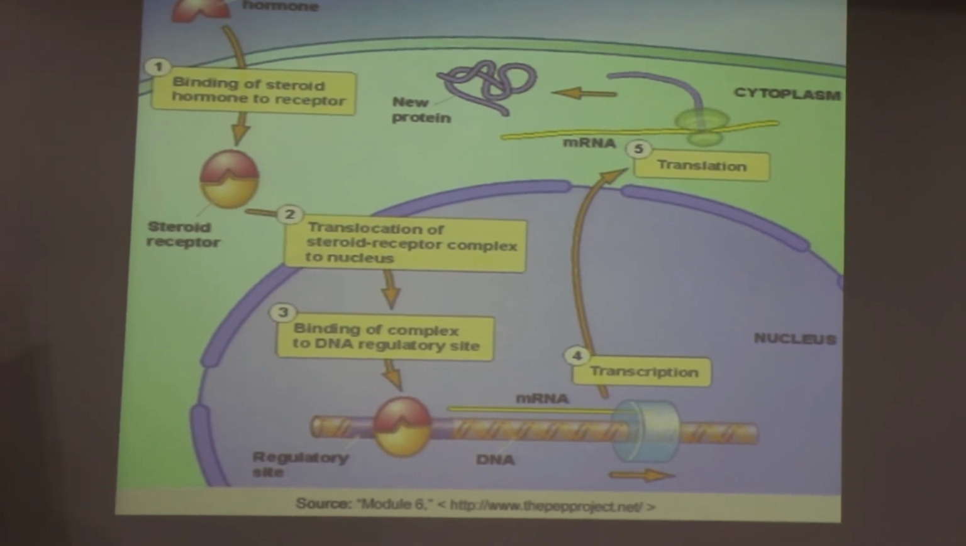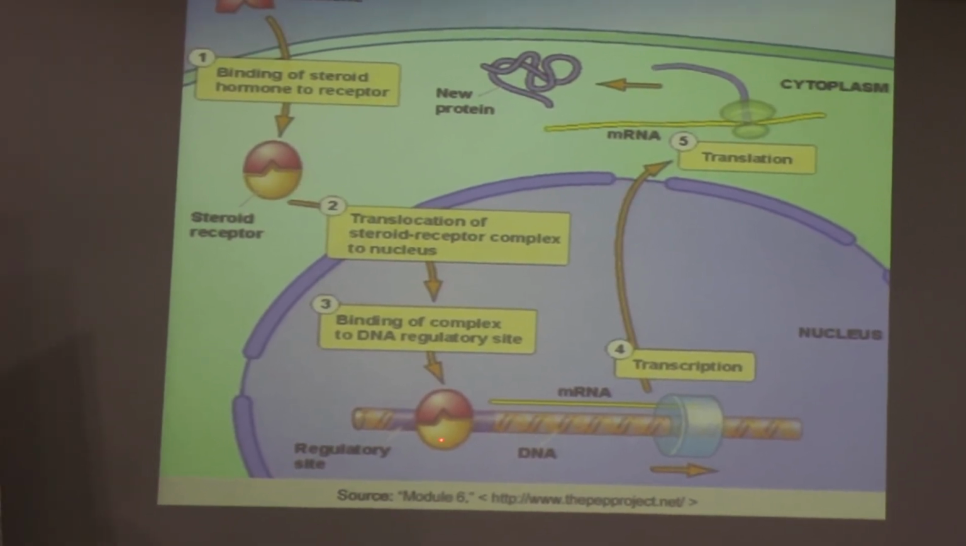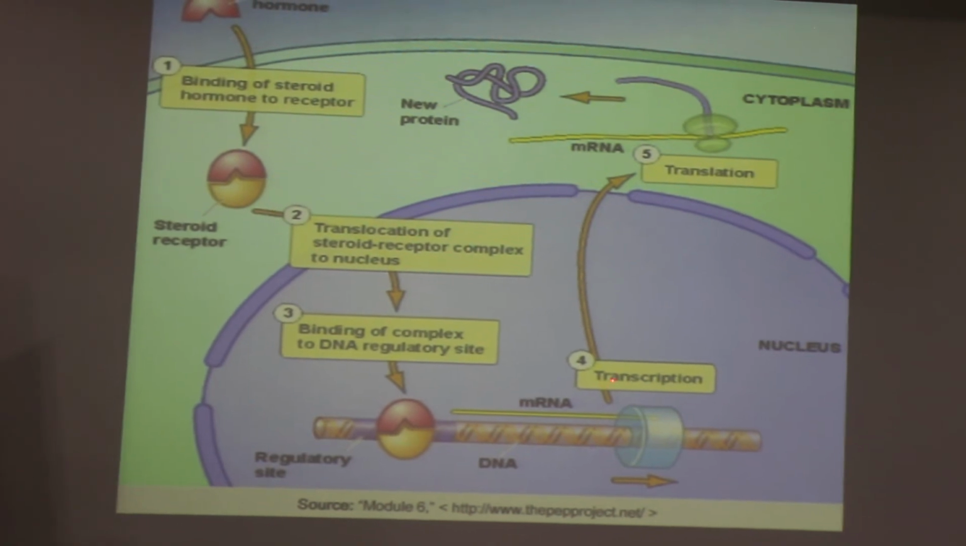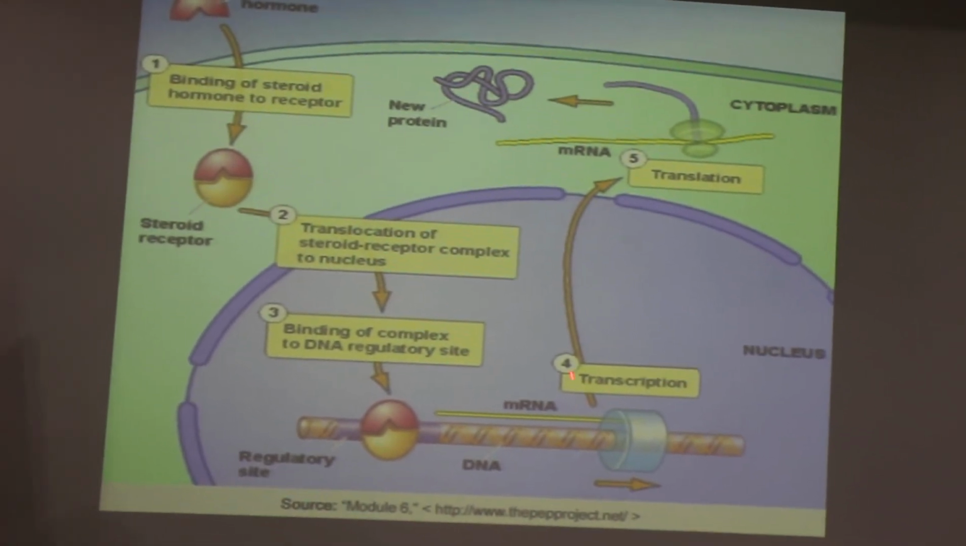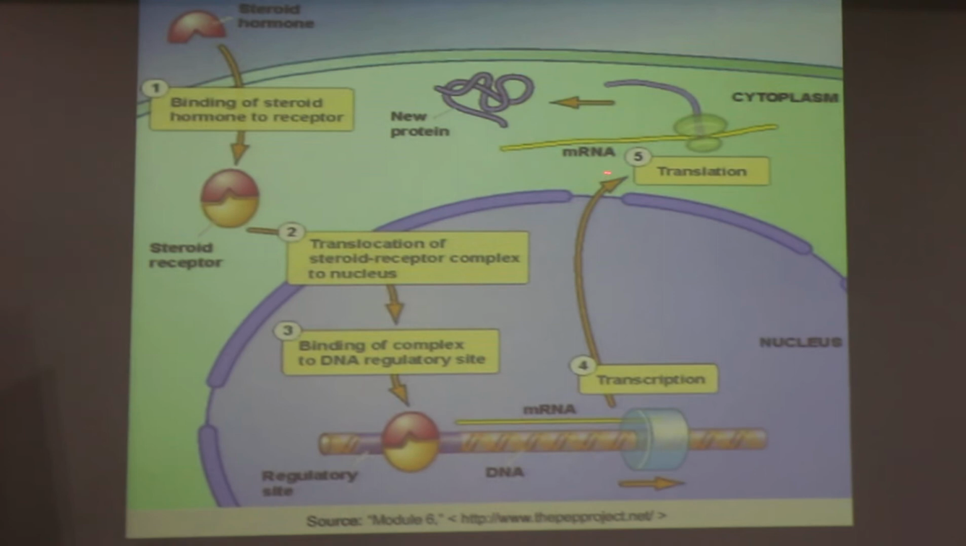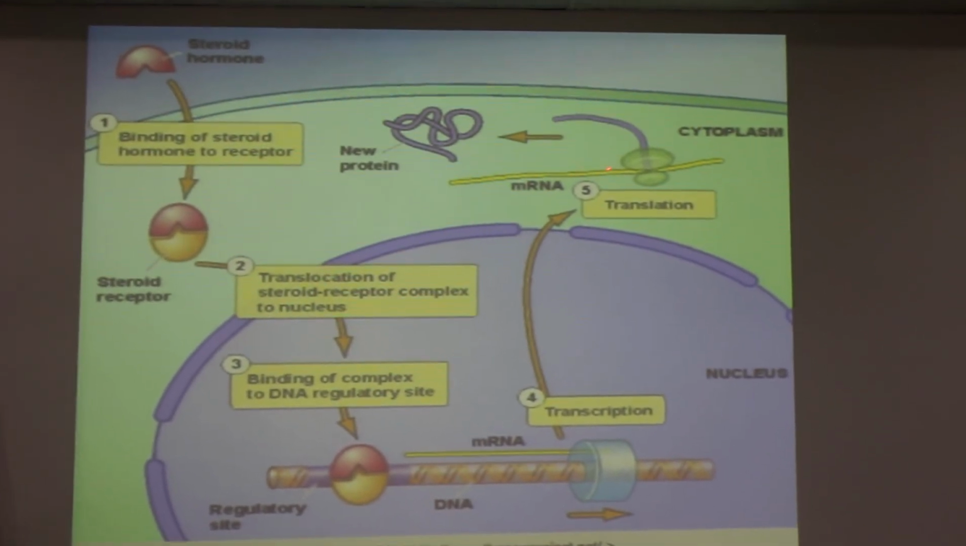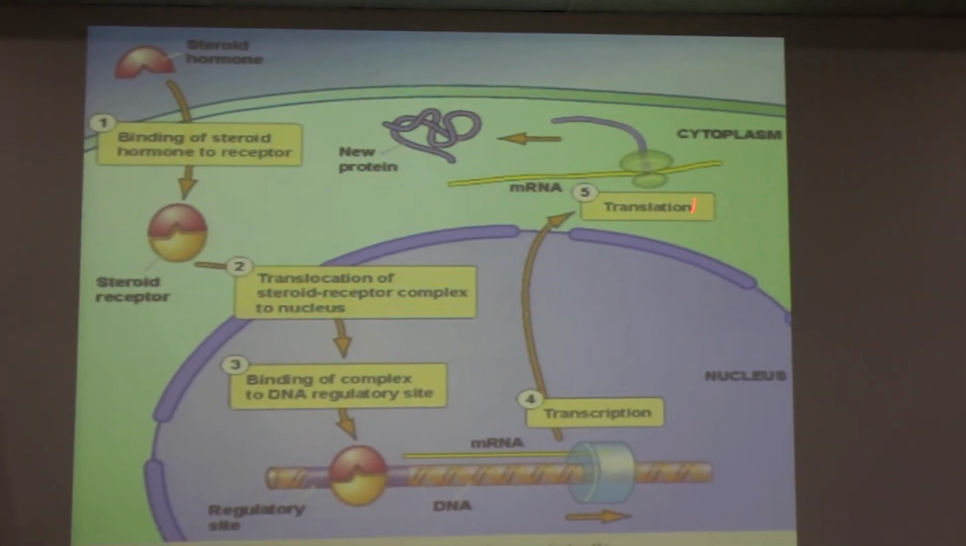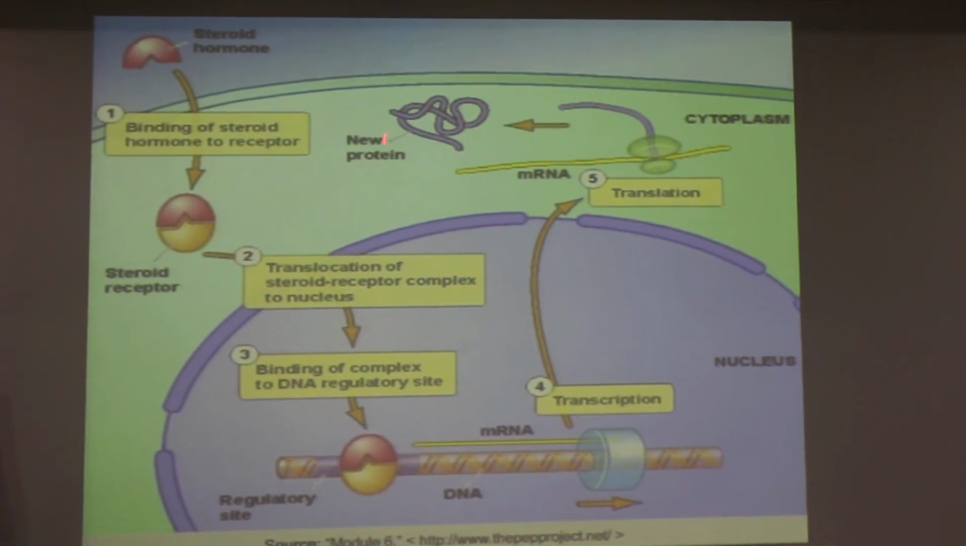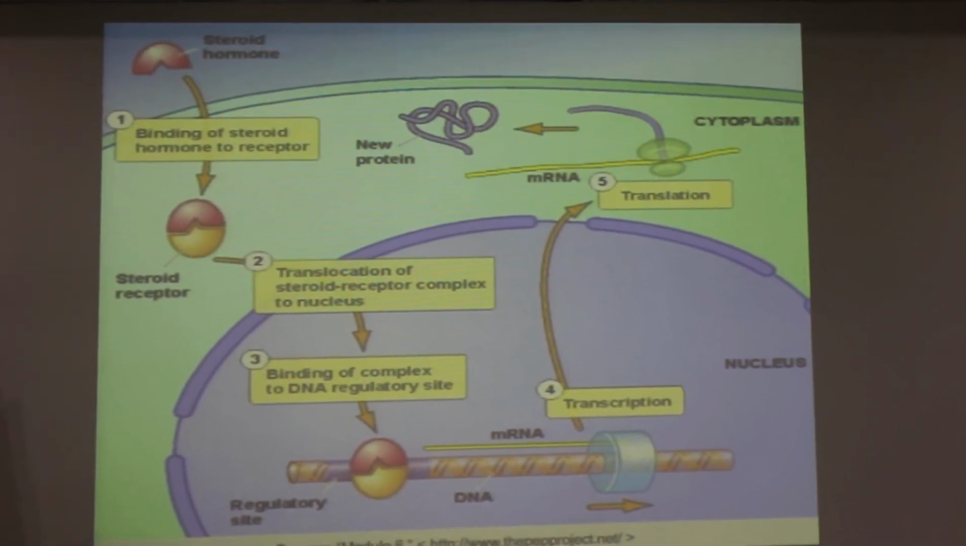The DNA regulatory site is essentially a TATA box in a eukaryotic organism. This DNA then helps in the process of transcription. What is transcription? The synthesis of messenger RNA. This messenger RNA then goes to the ribosomes, the process of translation takes place, and a new protein is synthesized which is acting